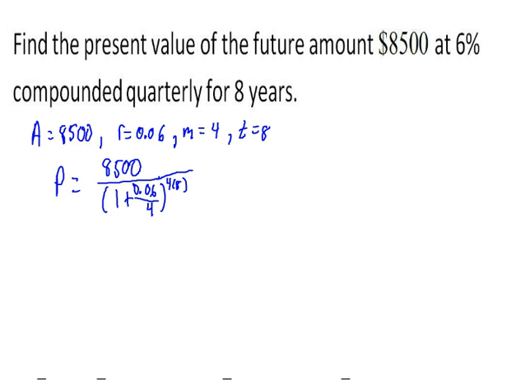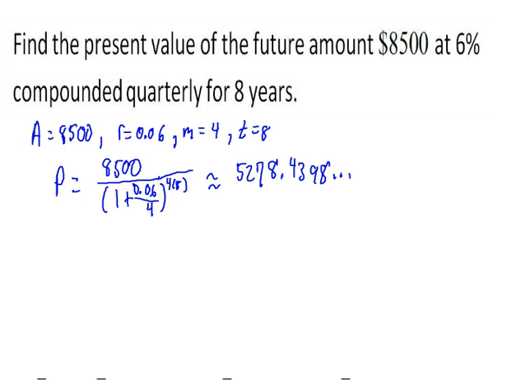So plugging those into the formula, we get the present value is equal to 8,500 divided by 1 plus, well, now the interest per period will be 0.06 divided by 4, and the total number of compounding periods will be 4 times 8 because it's compounded for 8 years, 4 times a year, so that would be 32 times total. Now plugging this into our calculator, we get that this will be approximately